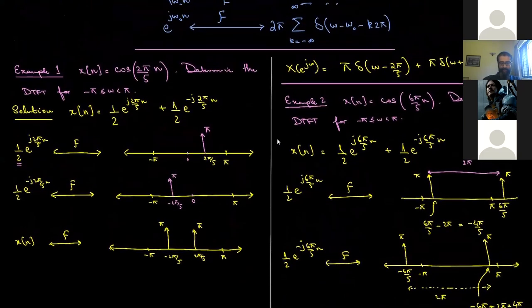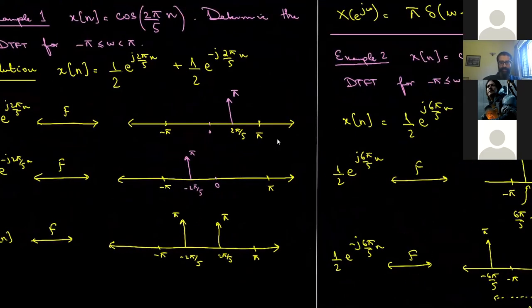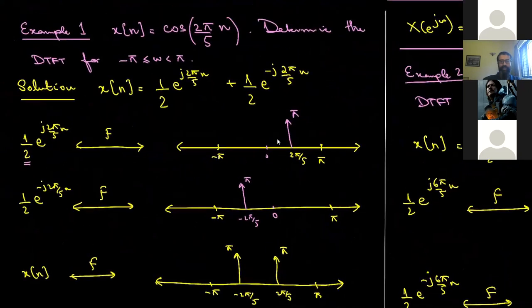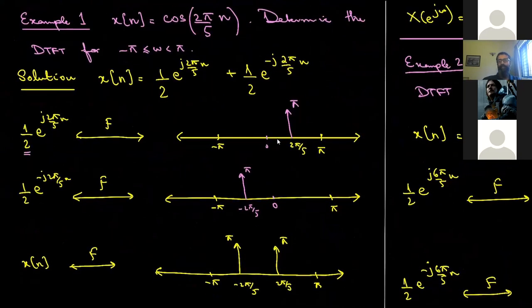So let's start with this cosine 2 pi by 5n, and I've been asked to determine the Fourier transform for this in the interval minus pi to pi. All I do is I just find out what its Euler expansion is. E raised by j 2 pi by 5n has a Fourier transform, which is a train of impulses, and one of the impulses is going to be at the frequency 2 pi by 5,